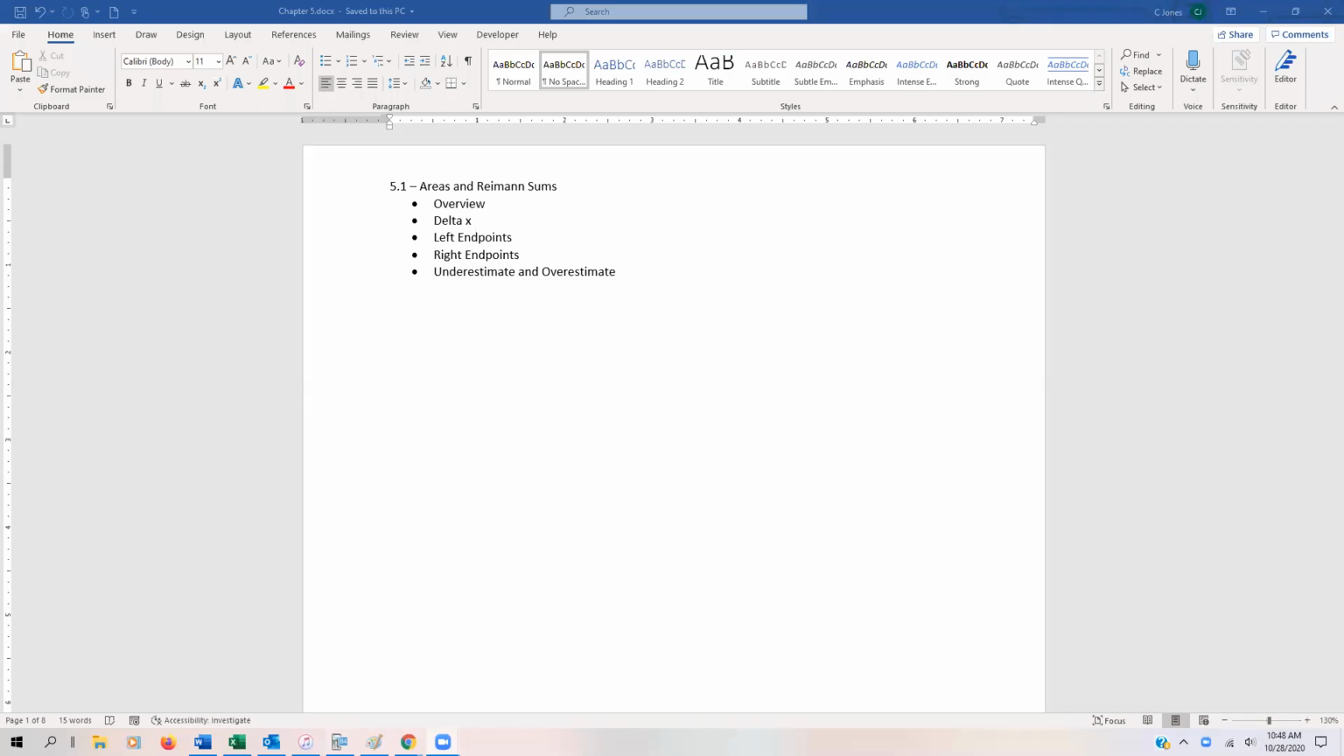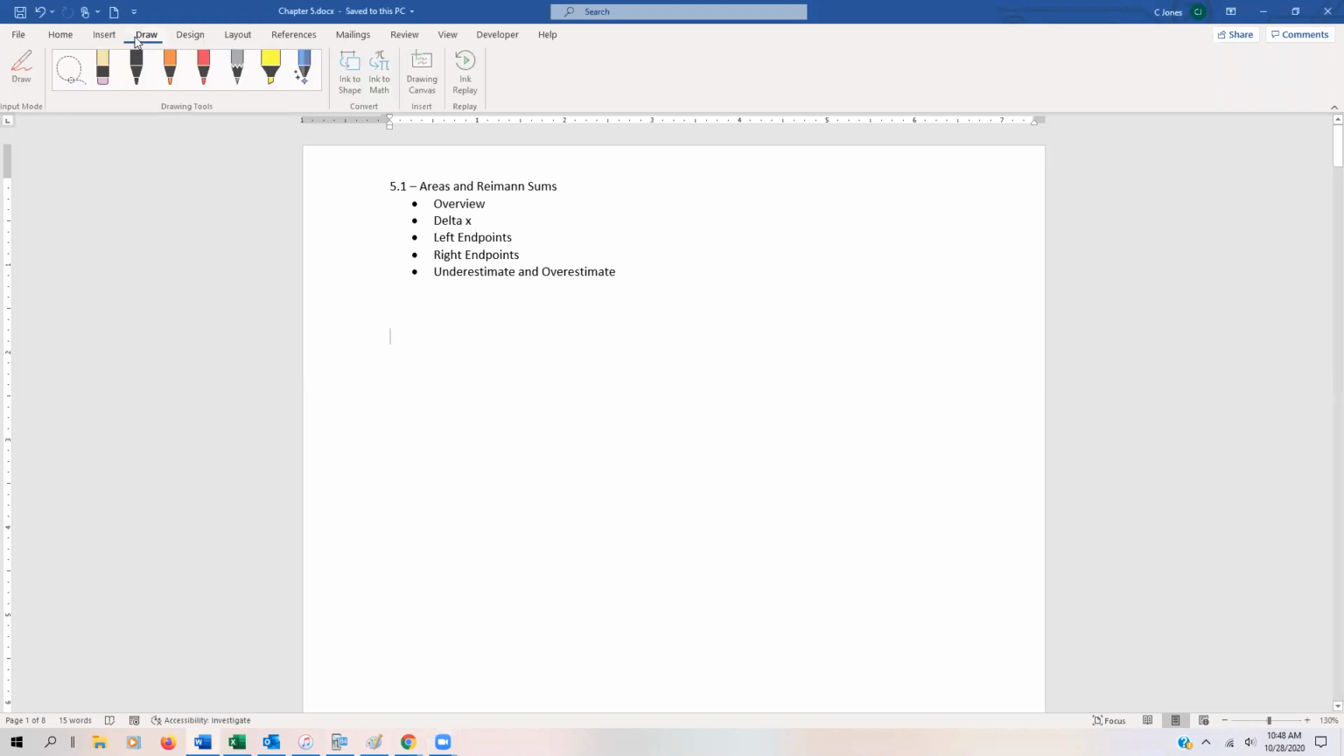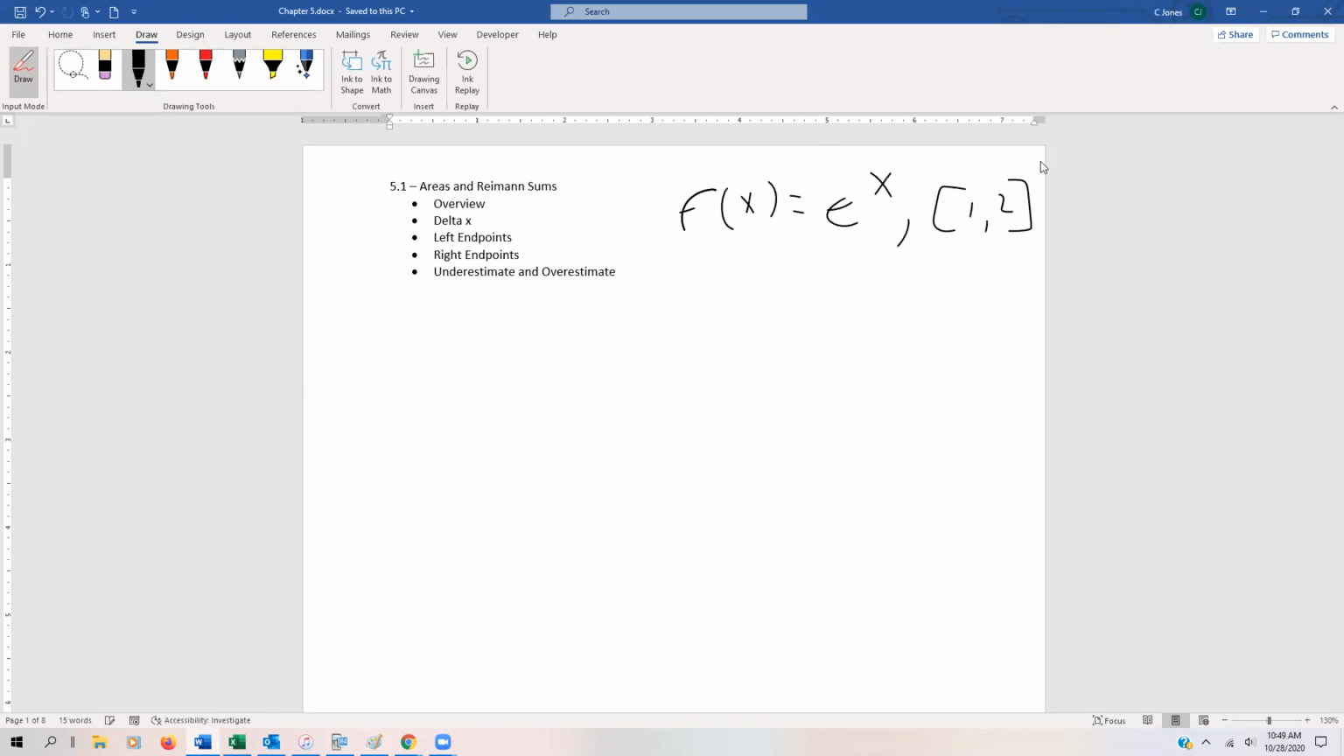We're going to start taking a look at the last section in this course, and it really has to do with one of the other most fundamental problems in calculus. It's the area problem. Let's say we have a nice continuous function, let's say e to the x, and we're looking at the interval from 1 to 2. One of the most fundamental problems in calculus is being able to find the area bound underneath e to the